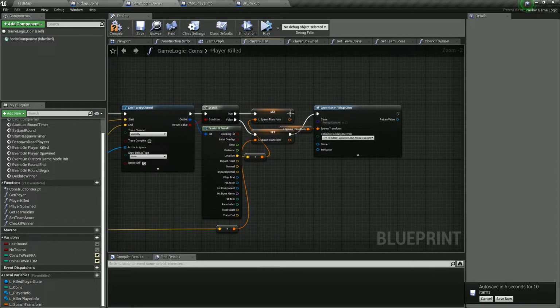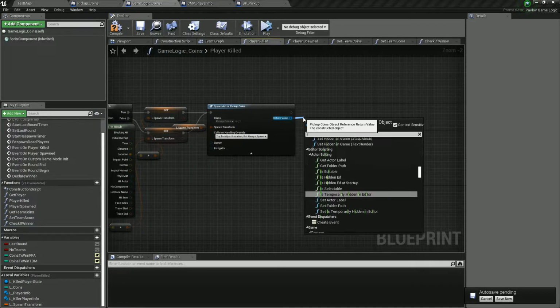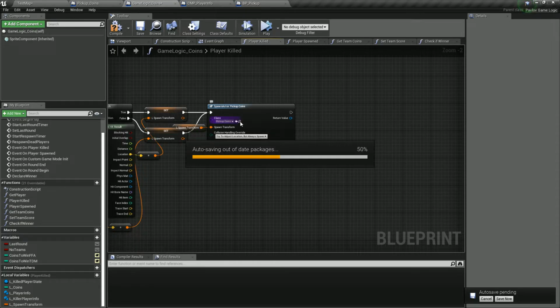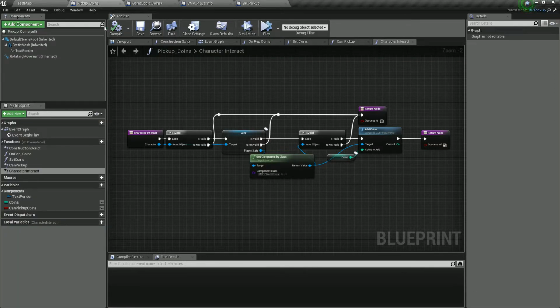So we'll pass this into our spawn pickup coins, and we need to do one thing, which we do not have yet. We need to initialize the coins value. We need to set how many coins we have for the pickups. So we'll go back to our pickup coins actor,